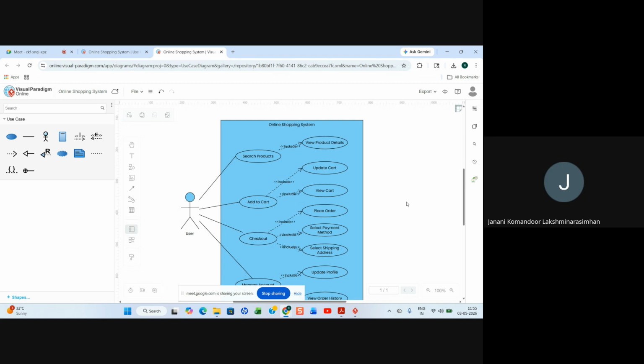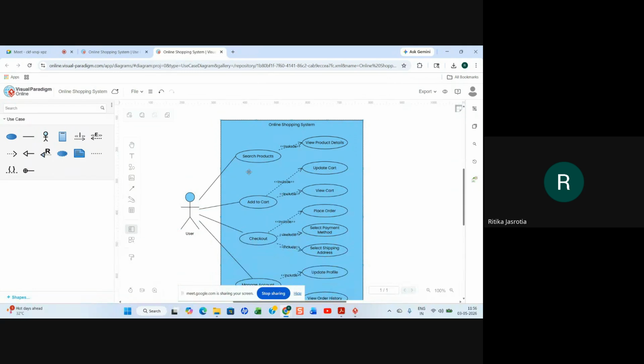Then in the examination, should we list assumptions? No, you don't have to specify in the use case how it is done. You just have to say login, and login will include registration and authentication. If a new user is there, he will register. So registration will be there, and then he can log in, and then he is authenticated. Simple, right? You don't have to say how this is done.